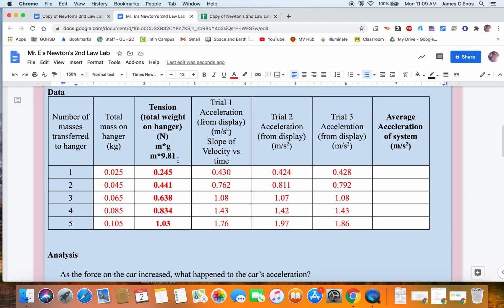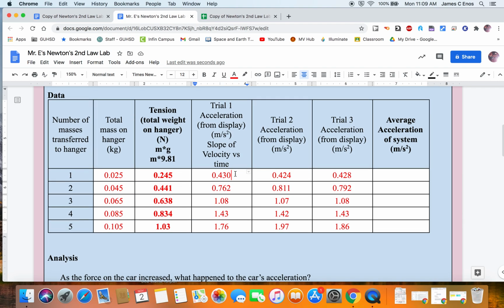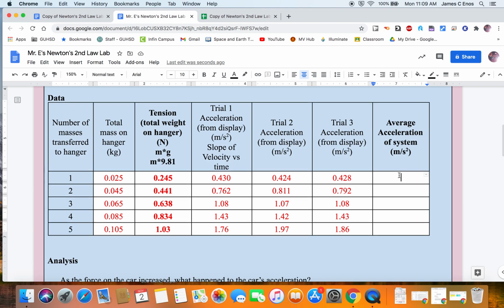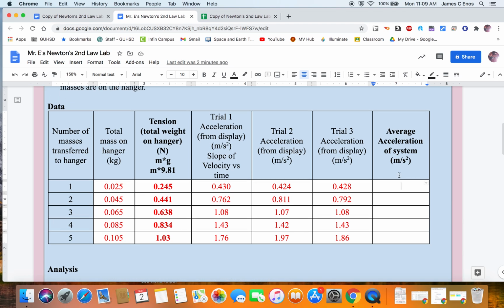That's that acceleration due to gravity, the gravitational field strength. So we have the mass on the hanger times that gravitational field strength, and then we're getting our acceleration data. So we got this from looking at the velocity versus time graphs. So what you're going to need to do is now do the analysis of this, get the average acceleration, and from that you're going to be able to get the data to answer this guiding